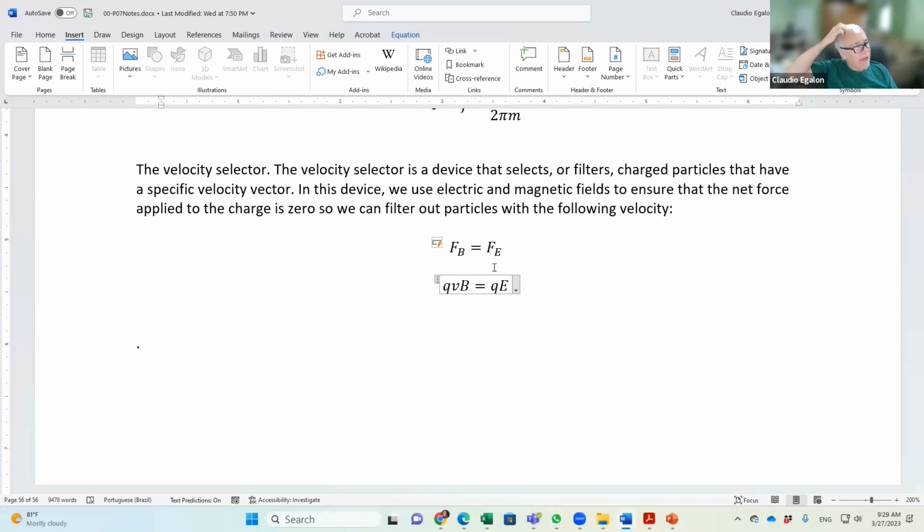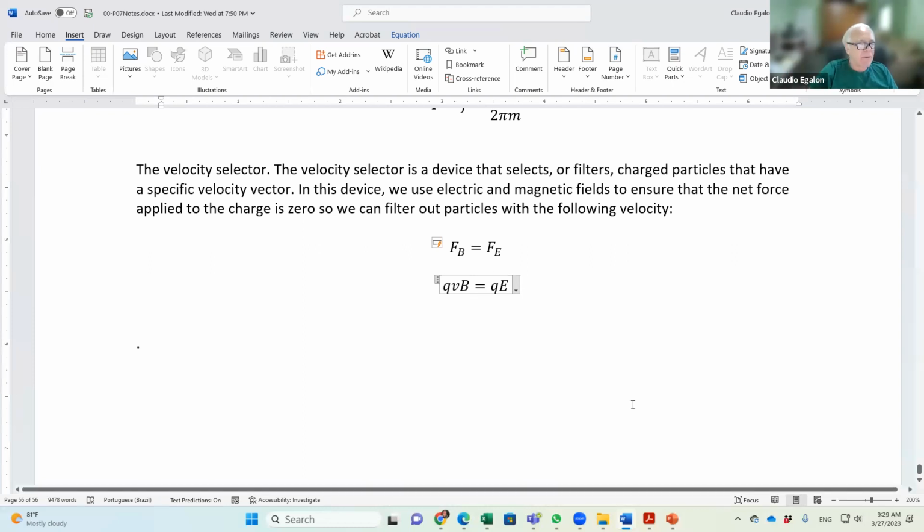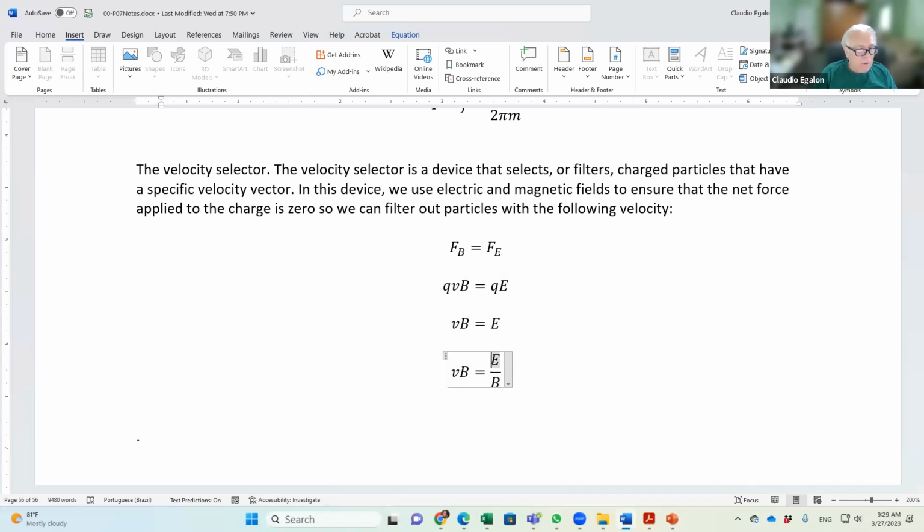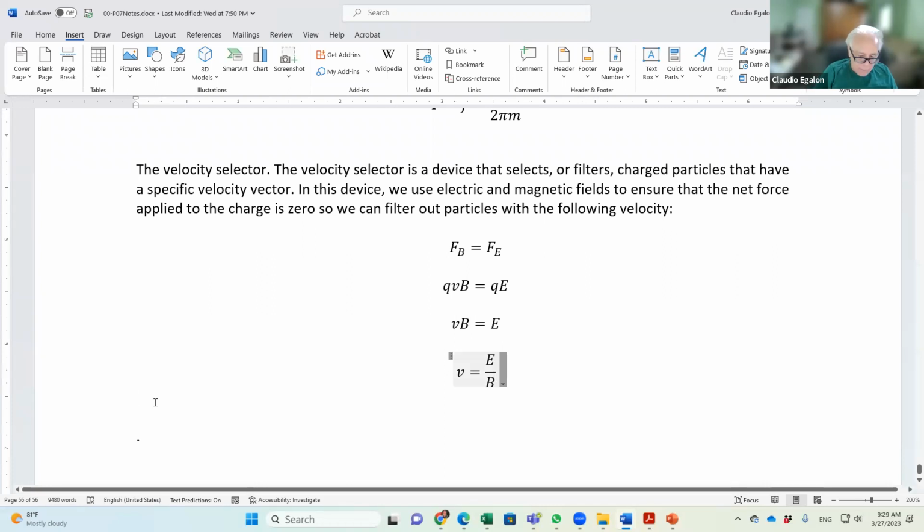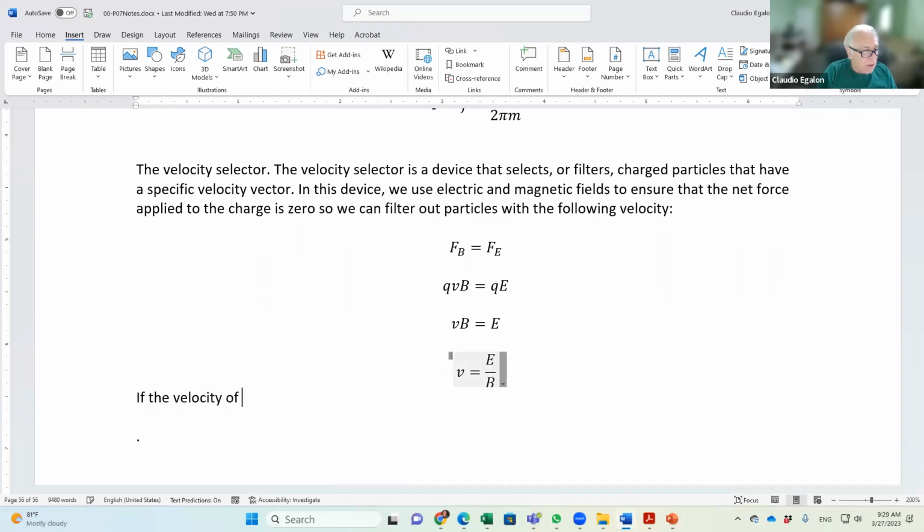Look here at this: the Q cancels with the Q here, see that? And then we can get a velocity that's going to be equal to what? E over B. If the velocity of the charged particle is equal to this ratio,